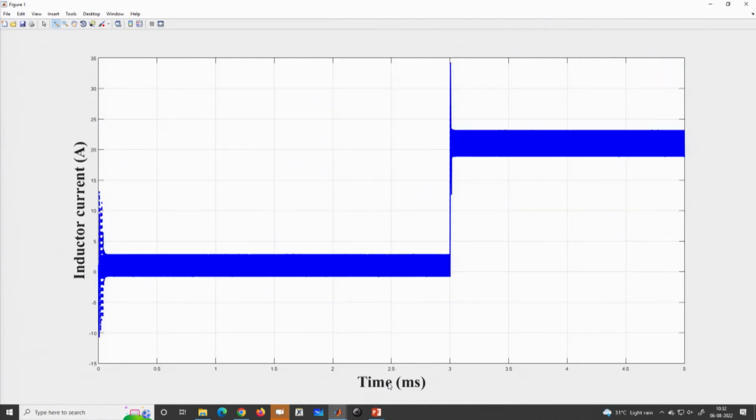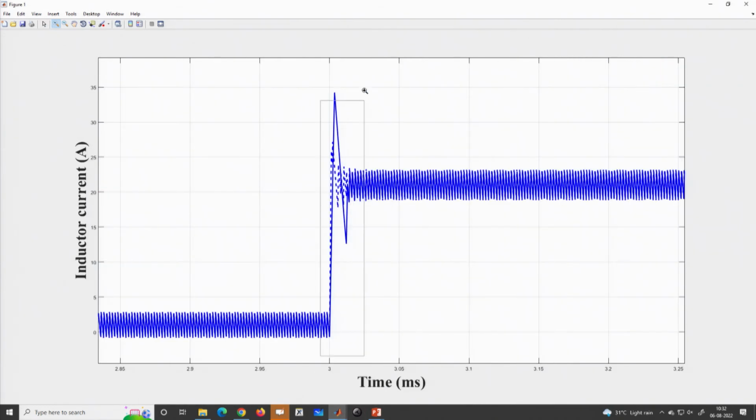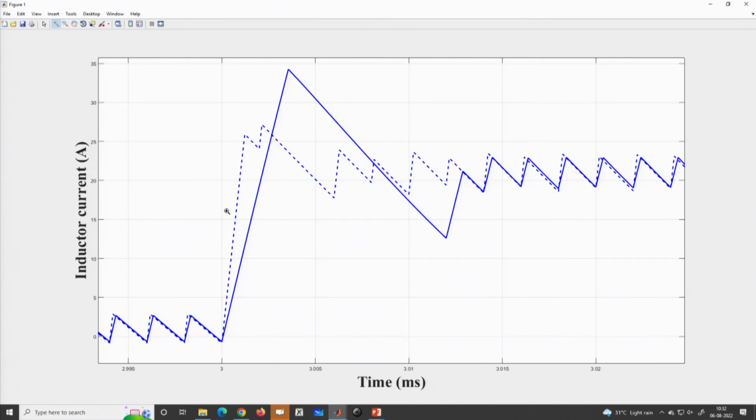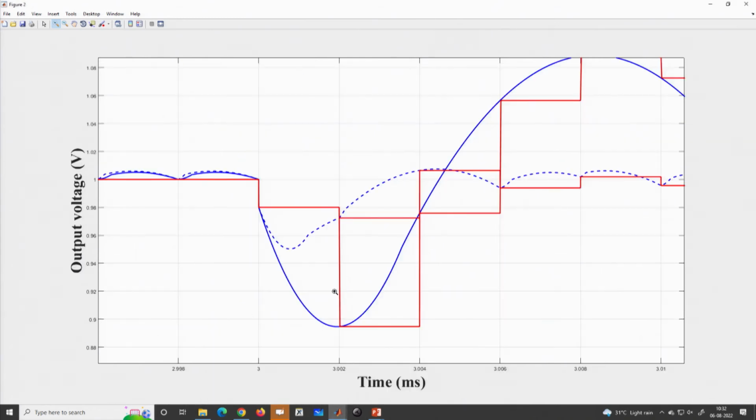If you go to the inductor current waveform, you will find the slope of the inductor current is slower, because at high input voltage your rising slope is higher, because it is V in minus V0 by L, whereas for lower input voltage the slope is slower. As a result, the rate of discharge of the capacitor is faster in the case of the lower input voltage,